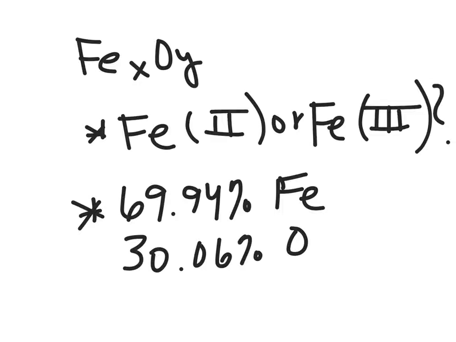And we don't know in this particular molecule if we have iron plus 2 or iron plus 3. So there's no way that we can figure out what X and Y is. So we don't know if we have iron plus 2 or iron plus 3. But what we do know is the percent composition of this particular molecule. It's 69.94% iron and 30.06% oxygen. So we're going to calculate the empirical formula of this compound, or at least get the ratio of iron to